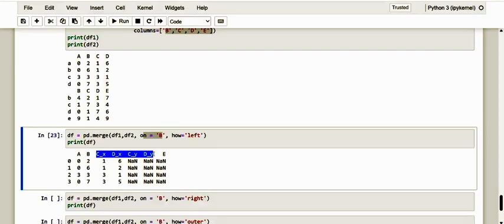That is, CX and DX have remained identical to those of the left data frame. CY and DY insert values only in those indexes that have the same values on B in both data frames. Dear friends, the values shown are those of the right data frame.